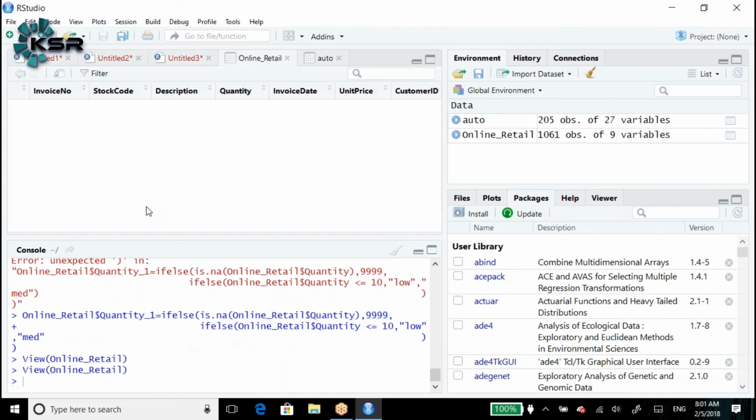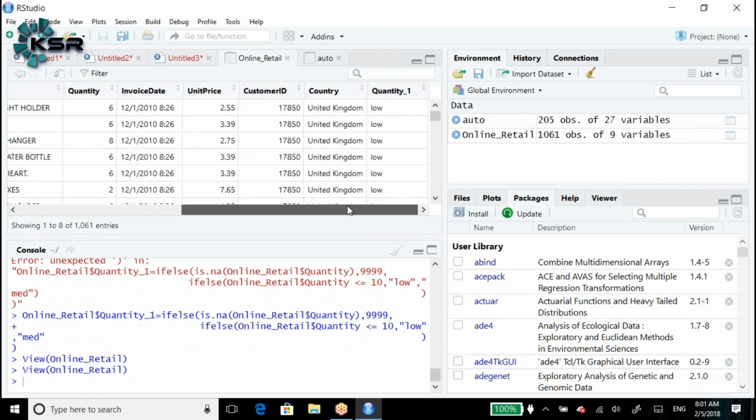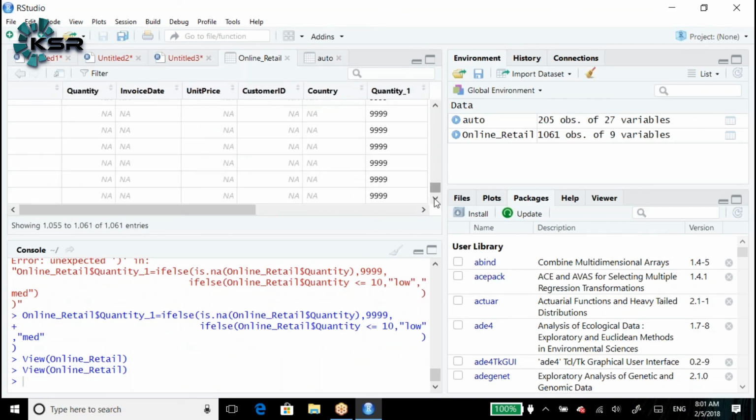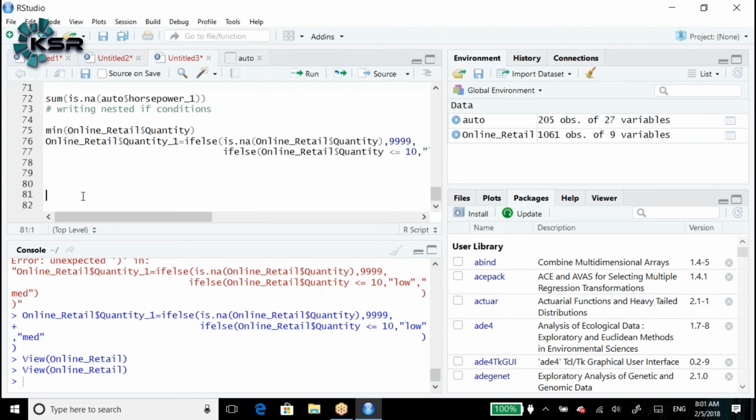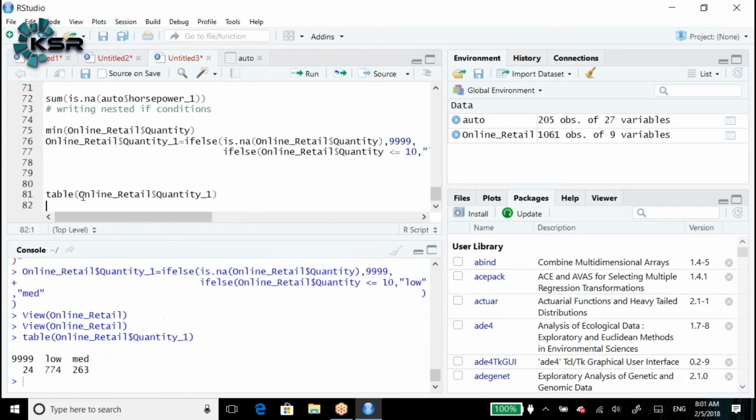Here we created the online one: low, 999, because we gave 999 for missing values. If I have a doubt, let me check the counts. Basically, table of online retail dollar quantity one. These are the lows, and these are the missing values.